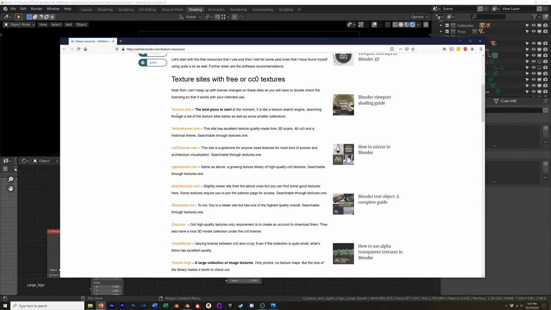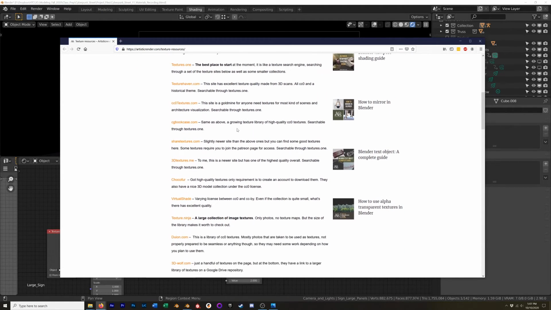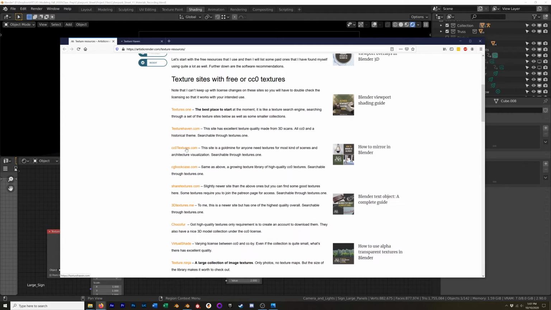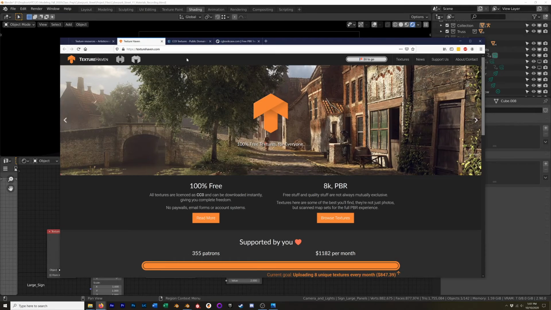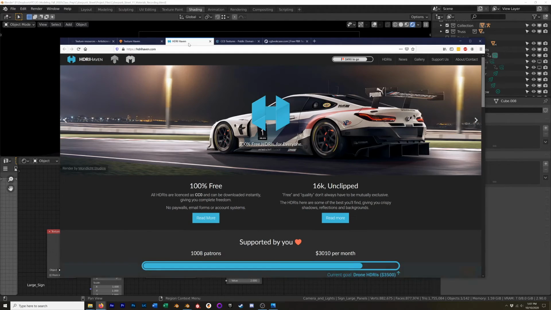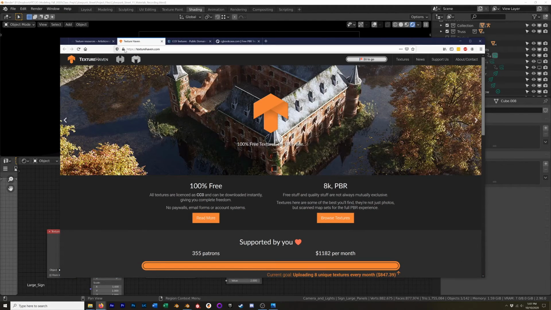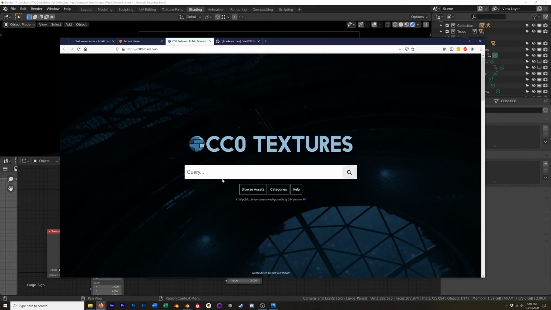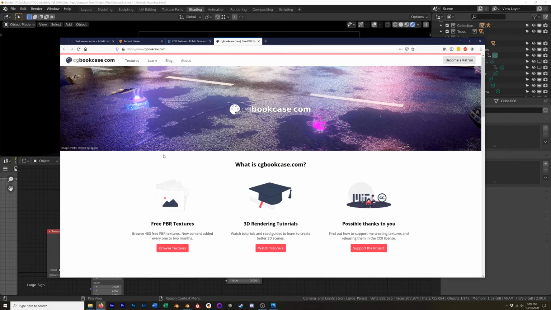And he's got a number of sites here. Textures 1 is a search engine for textures. And then he's got individual sites laid out. My favorites are actually these first three underneath it. Texture Haven, which is a similar website, from the same group of websites as HDRI Haven, which I know I've mentioned before, CC0 Textures and CG Bookcase. They've all got great things, but